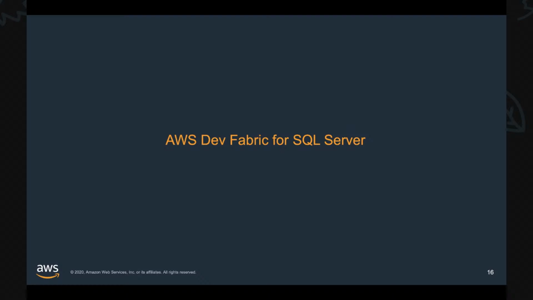At best, they install Developer Edition, but they still pay for or use Windows Server licenses, Windows servers, and the operations of these systems, right? What if I have something that I don't need to manage any servers, don't need to pay any server or SQL Server license, and have it when I need it, right? Let's talk about AWS Dev Fabric for SQL Server.